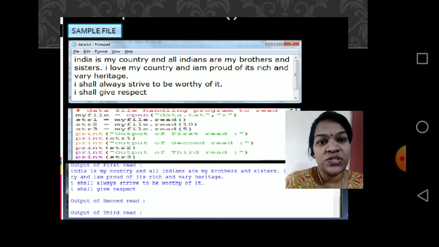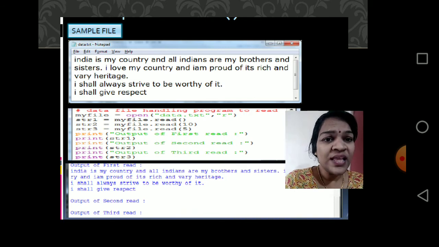So what happens in str2 and str3? There will be nothing. That's why when you print str2 and str3, there will be nothing to print. Why? Because in the first read function, we have read everything and stored it in str1. Now the reading pointer is just like you are having a pencil and you are pointing to the first sentence, first character, etc. And you reach the end of the file and you stop there. There is nothing to read from there, so there is no output for the second and third strings.